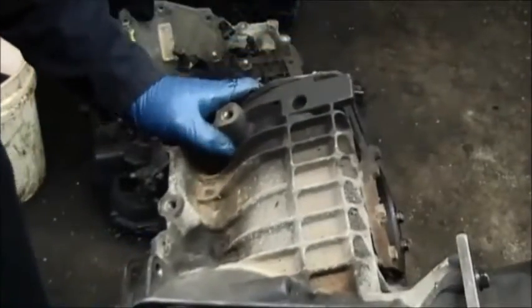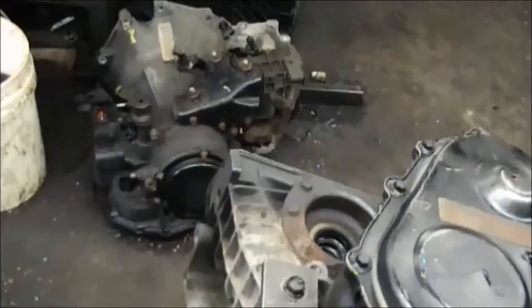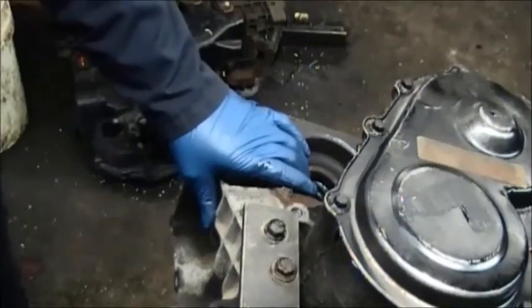Next, we're going to flip it over, and we're going to take the back housing off. This part here my hand is on,